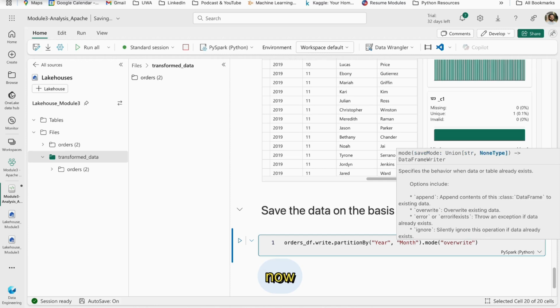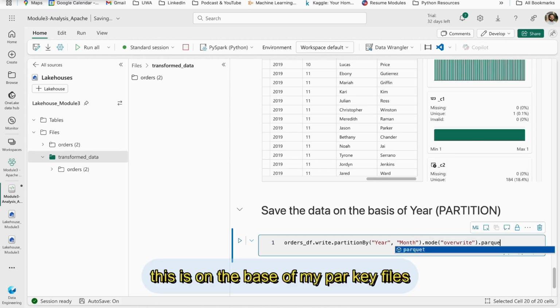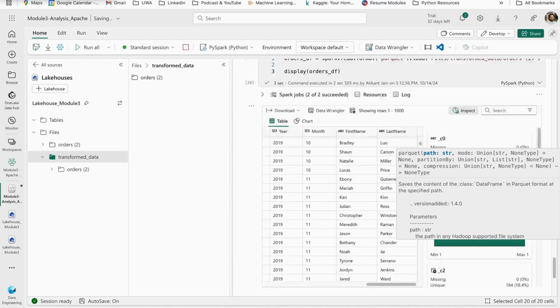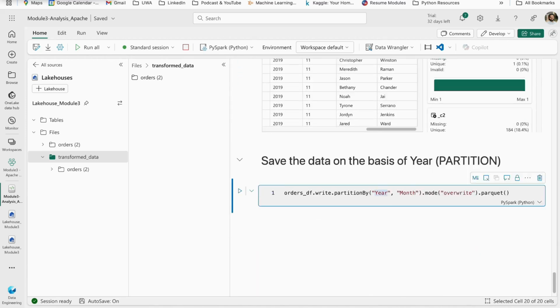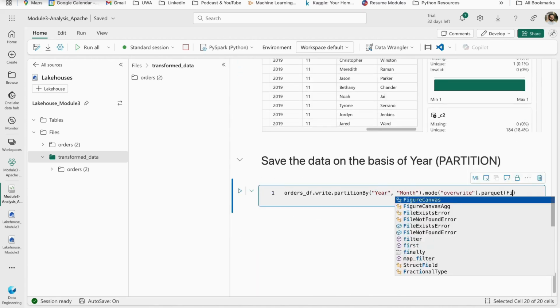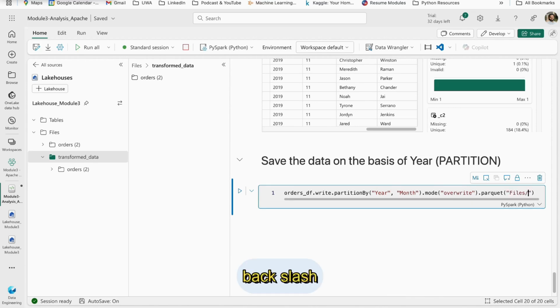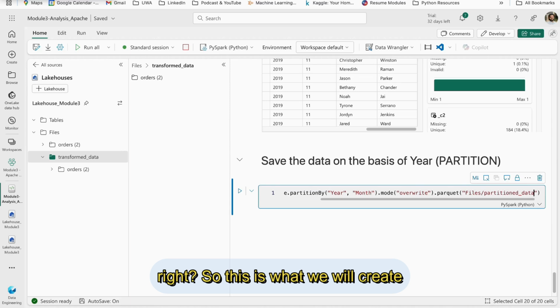Right now this is on the basis of my Parquet files, so parquet, and you can have this again in double quotes, it is Files/partitioned_data. So this is what we will create,